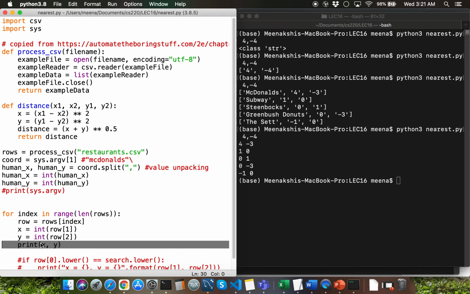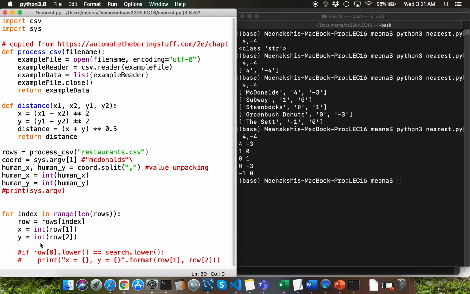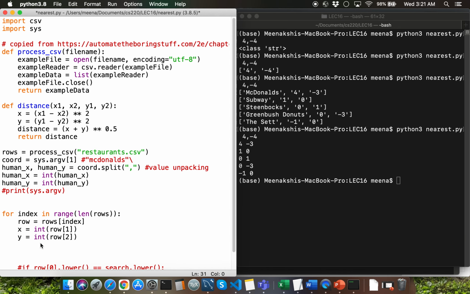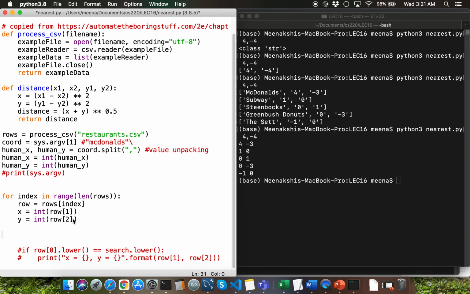What do we want to do with these x and y location values? We want to be able to compute the distance between the human location and these x and y points, correct? So I'm going to call the distance function. Let me pass x as the first argument, human underscore x as the second, y as the third argument, and human underscore y as the fourth.